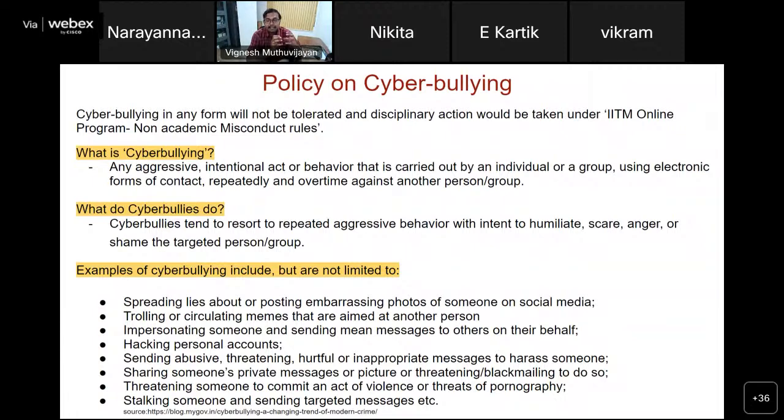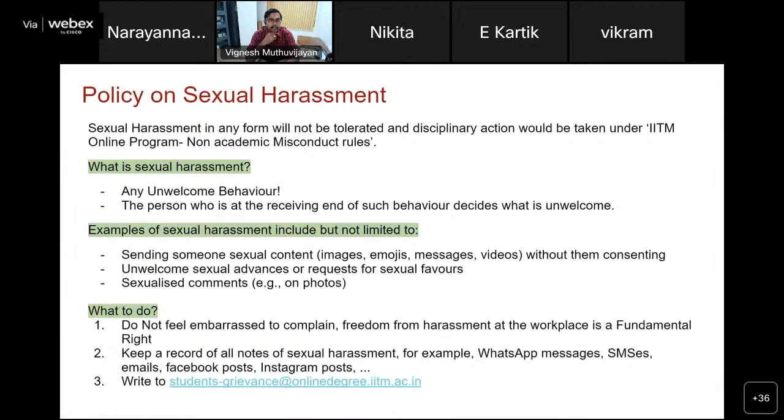Please understand that this is just a representative sample, not comprehensive. There are various activities which come under this kind of behavior, which can be criminal, and there can be very serious repercussions for this.